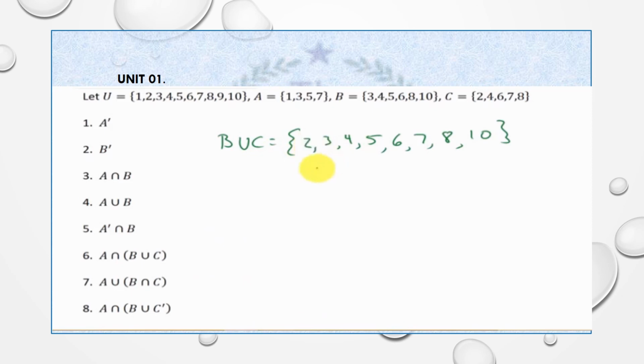Now what I want to do is take this set here and intersect it with A. So I need to know what elements this set and this set have in common. Let's see. Well, let's underline